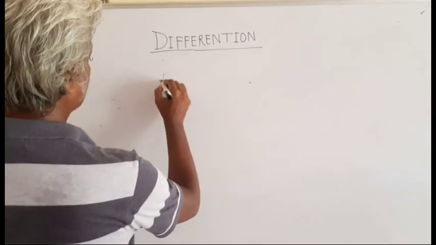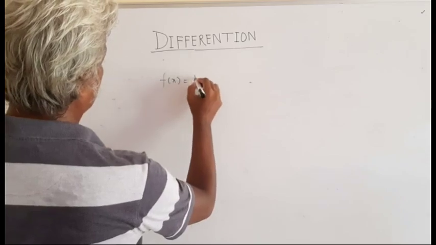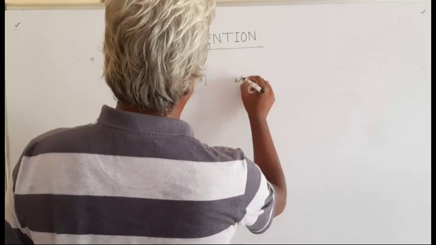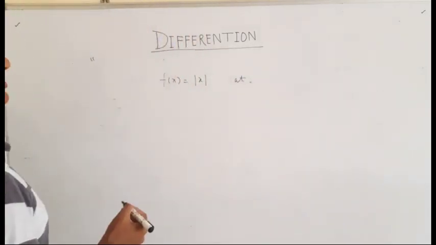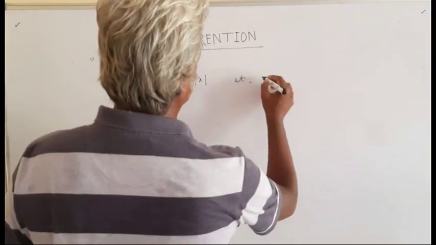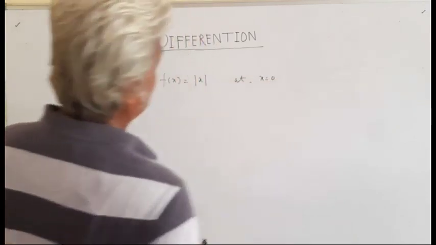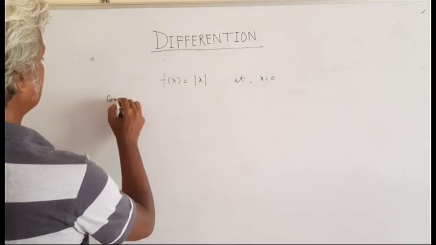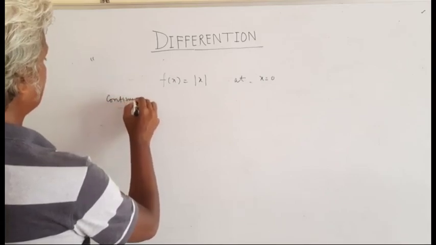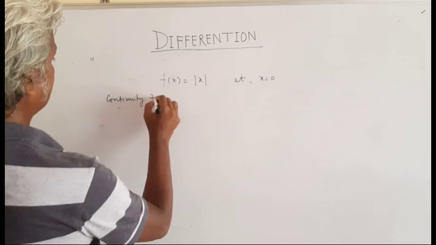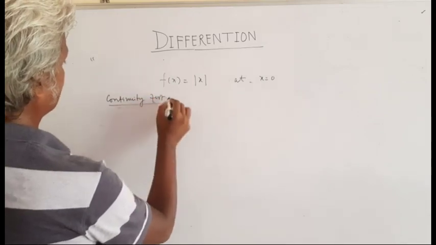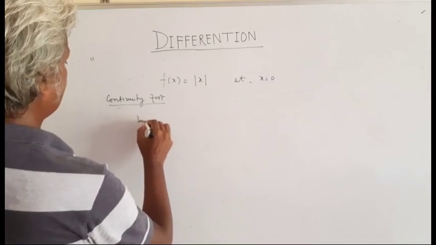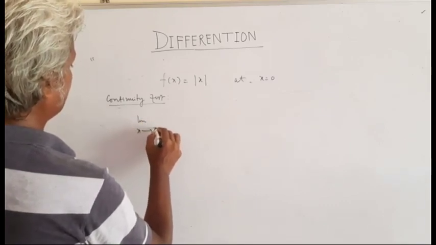Suppose I have a function f(x) equal to mod x, and I want to check its continuity and the differentiability at x equal to 0. So first I go for continuity. Continuity test, whether it's continuous or not, and then it goes like limit x tends to 0 minus